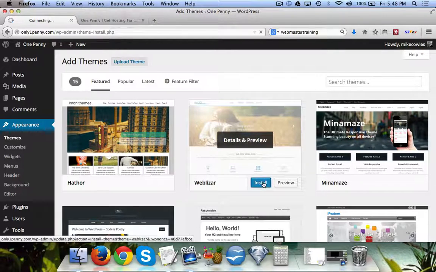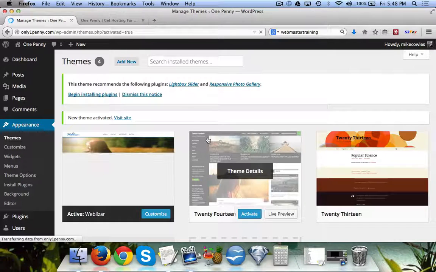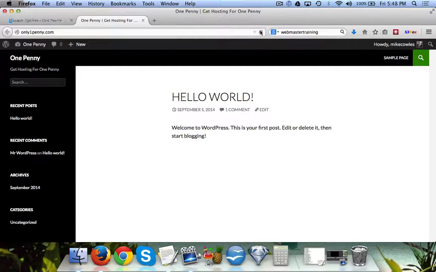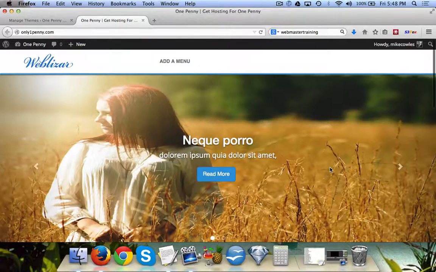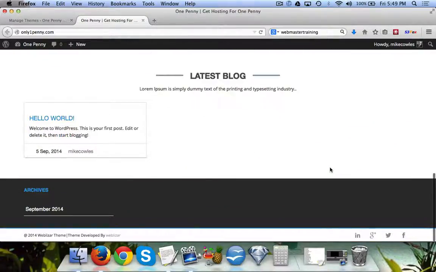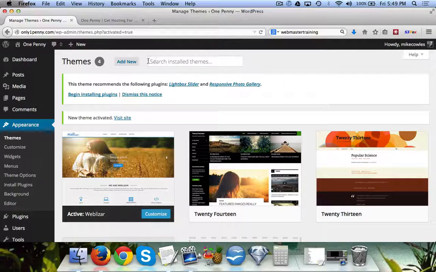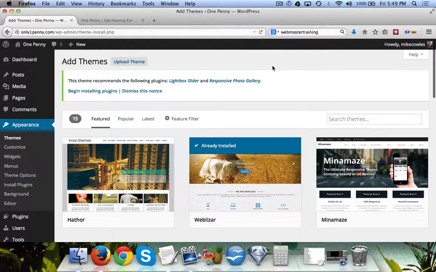So we click on Install, and these are free, by the way, and then Activate. And just like that, when we come over here and we refresh this page now, we can see it already has a different theme. Now if we want to use a theme that we've purchased, which is always going to be the safer bet as far as not having to worry with people hacking into your site or anything like